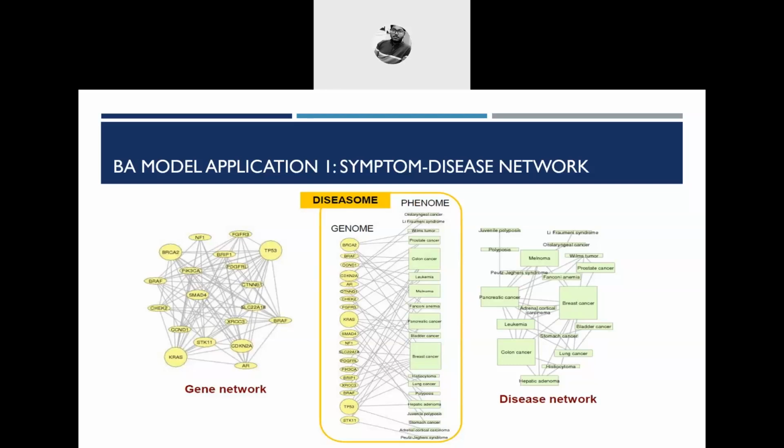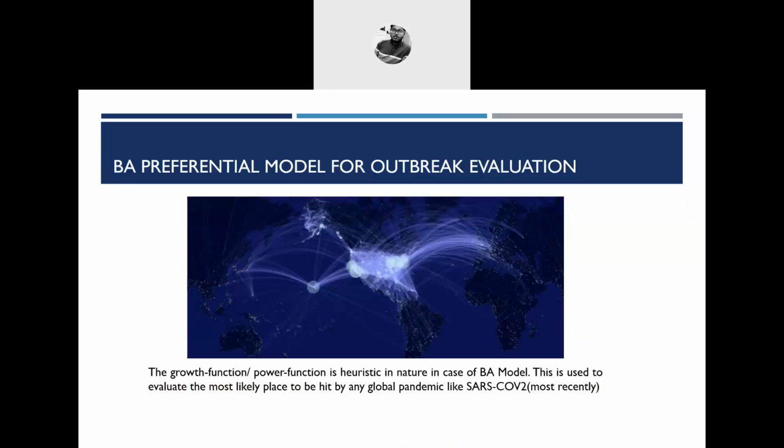With the help of the BA model, the Barabasi-Albert model, Barabasi tried to identify and isolate how different kinds of symptoms are related. For example, there are certain diseases which have similar symptoms. So how these symptoms behave as a cluster, as a group, as a network among each other, with the help of two separate networks and combining them. So it's a bipartite relation. Yes, that's a hugely important model.